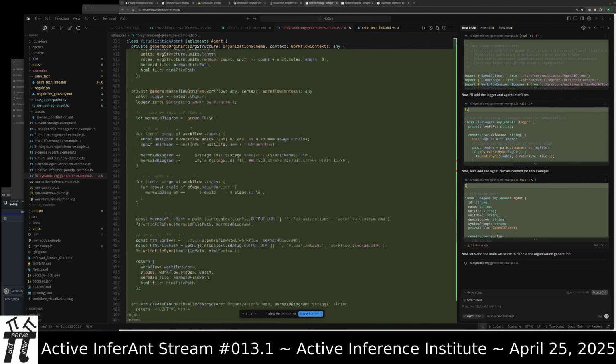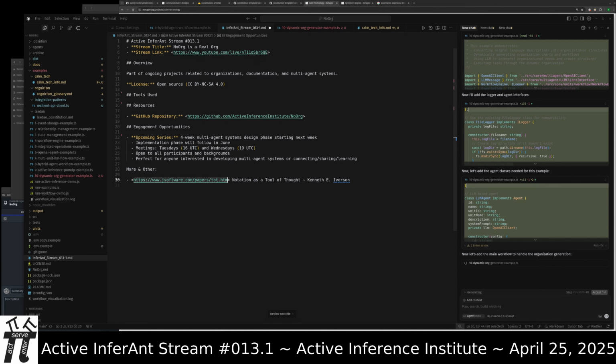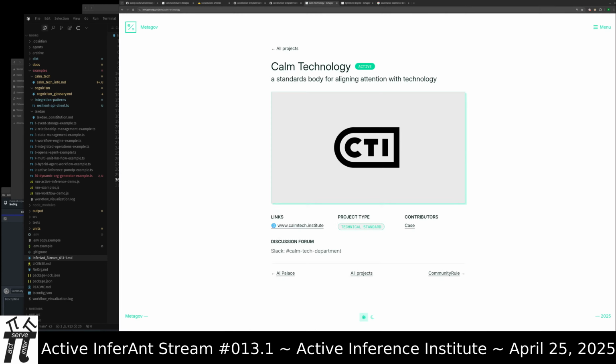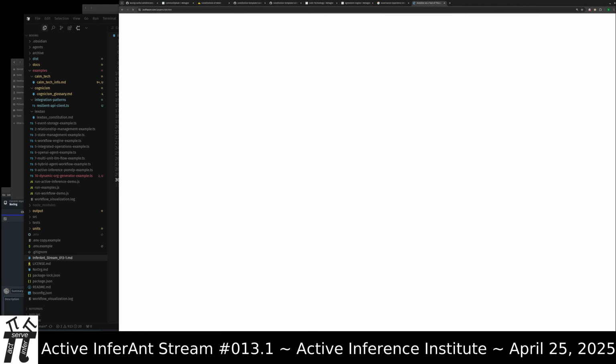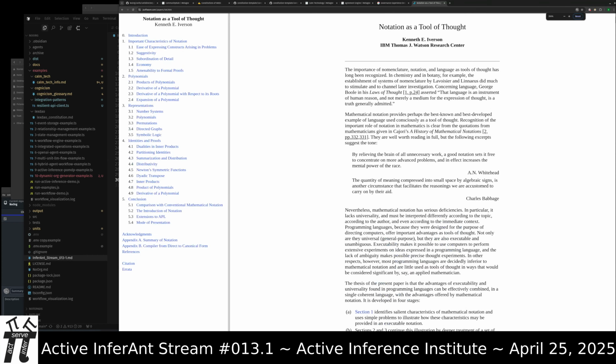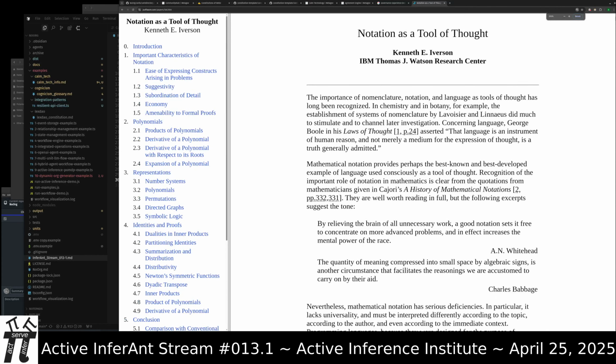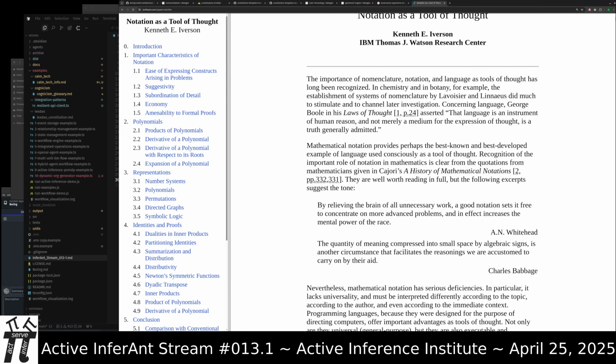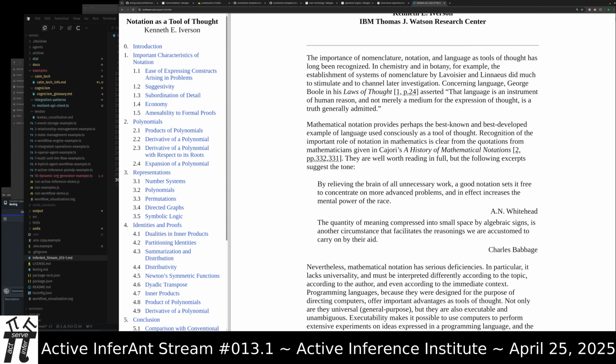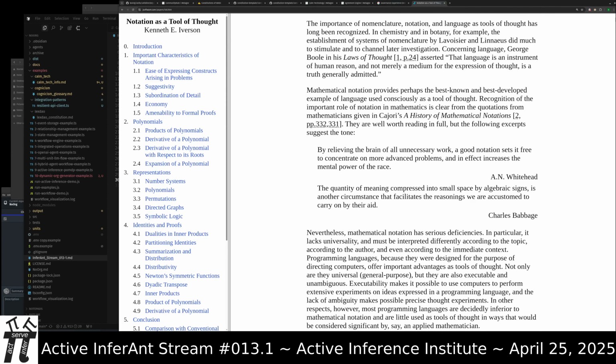One more piece that doesn't require the LLM. This is a paper that I came across, Notation as a Tool of Thought, by Kenneth Iverson from IBM Research. So a few quotes here.